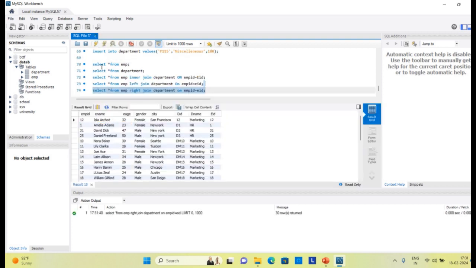When I run this query, you find that all the rows of the department table will appear, and only those rows whose value of EMP ID matches the foreign key EID will display here. But definitely a question comes to you: department is a child table to the parent table named employee.